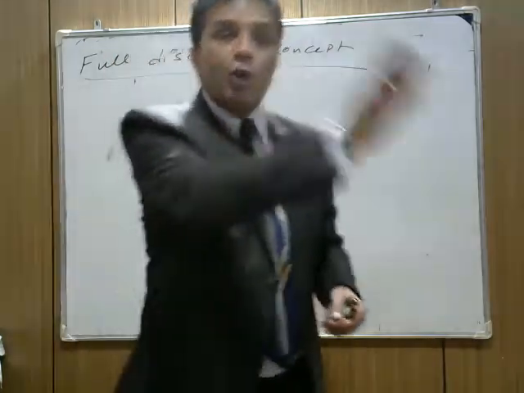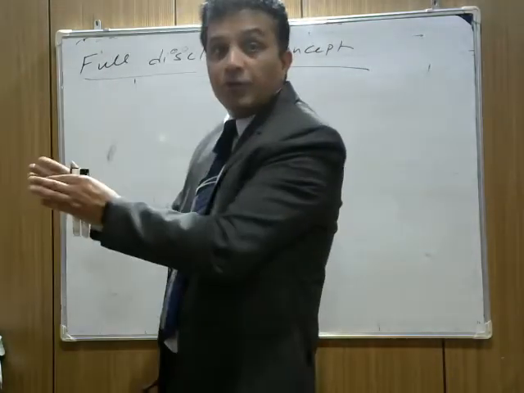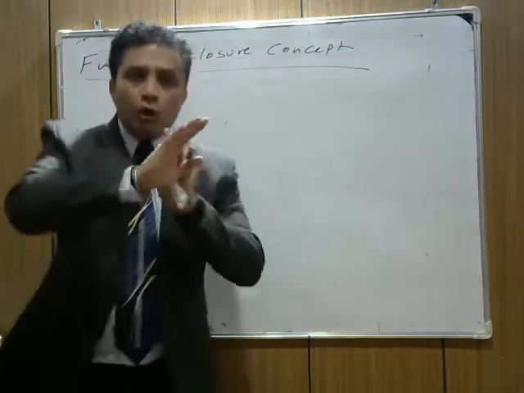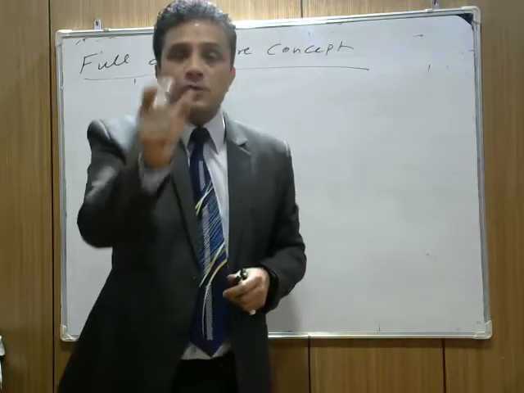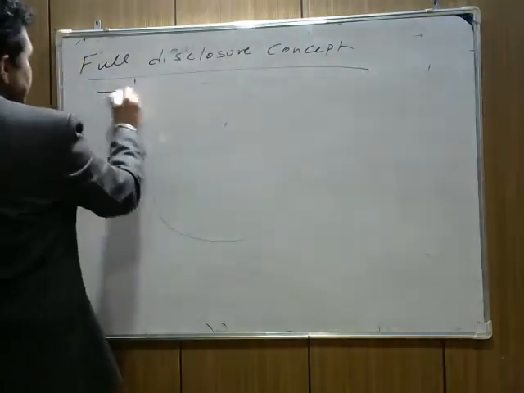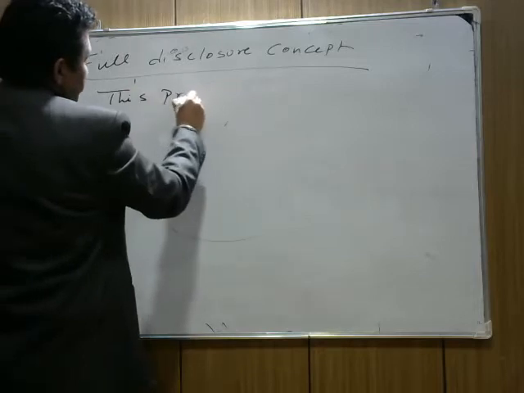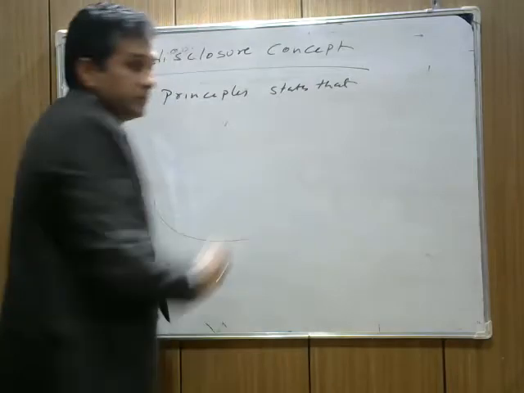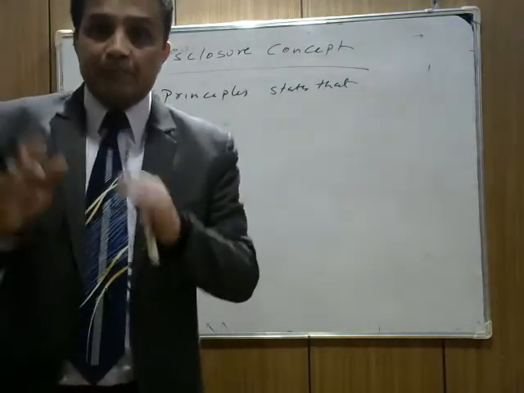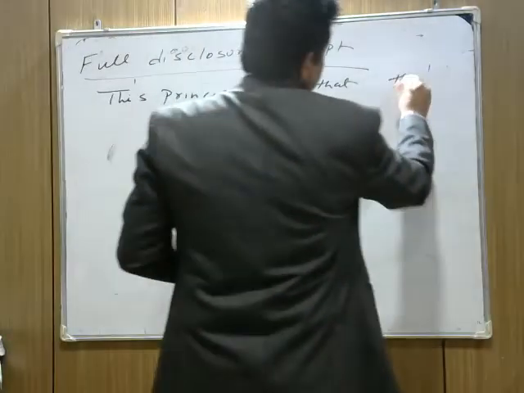So this principle is full disclosure. You have to show all the information which is related to a business. You cannot hide any information about the business. Because suppose there are three partners, A, B, C, and C withdraws the business money and moves away. Now if you do not show this information in the books, it shows wrong information. The business needs you to record all the information which is related to the business. So this principle is called the full disclosure concept.